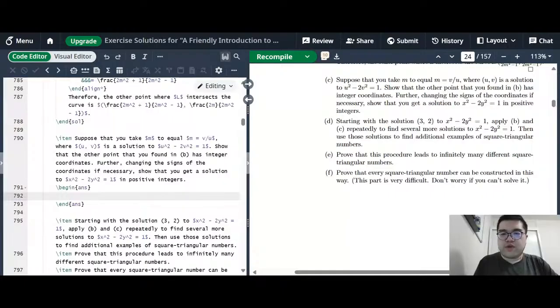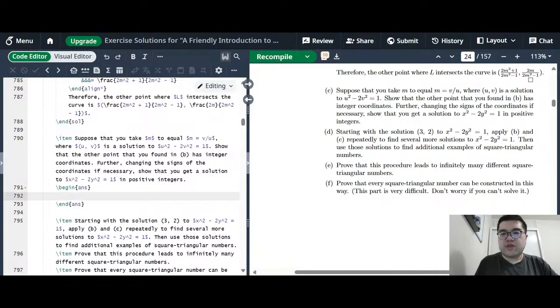So what we have is, we're going to substitute in m to be that. So showing the other point you found in part B, we have, given m equals v over u,